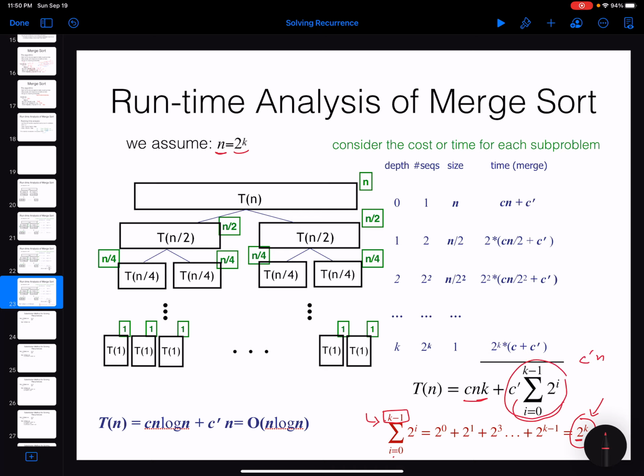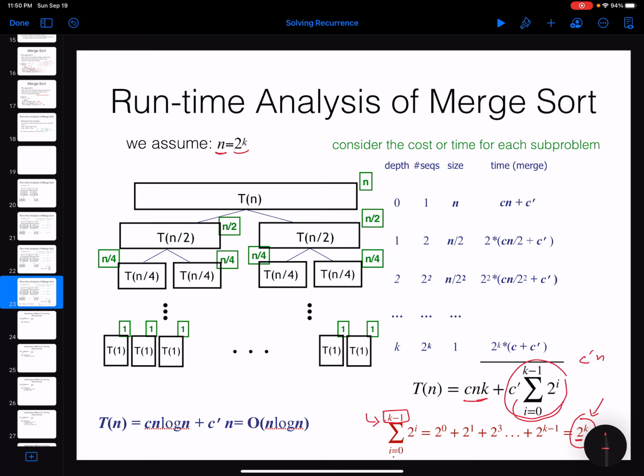Let's just do that. 2T of n divided by 2 to the power of 2 plus cn divided by 2 to the power of 2. If you multiply this term inside the bracket, you would get 2 to the power of 3 T of n divided by 2 to the power of 3